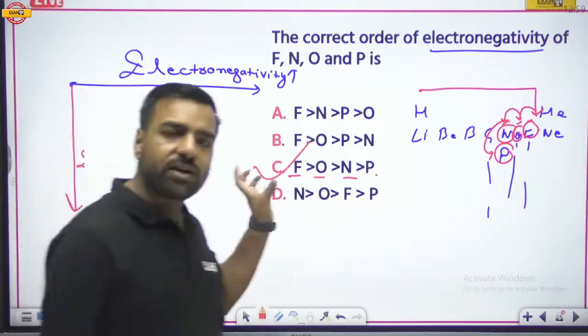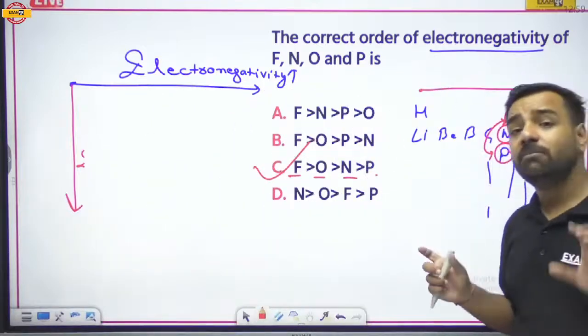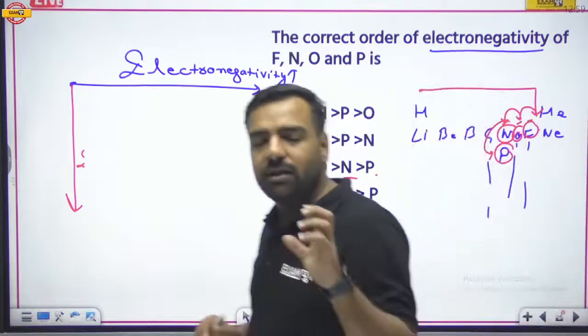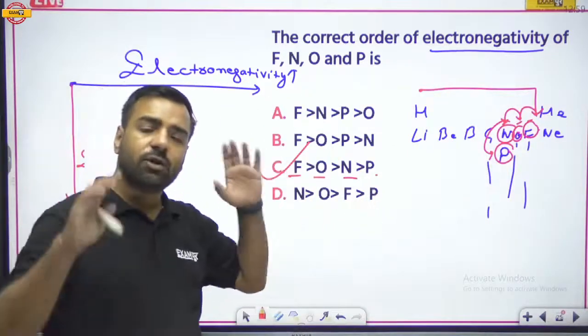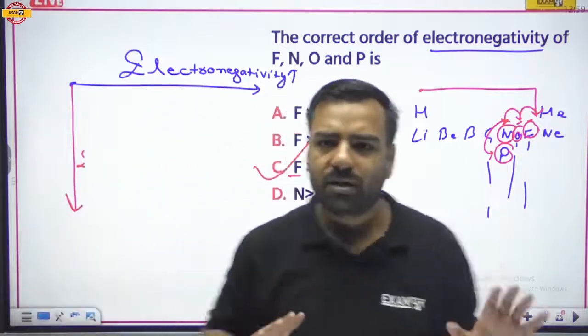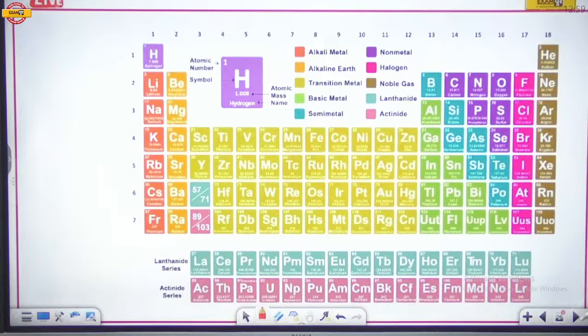Simple. So just try to understand the trend, and please remember at least the first 20, minimum 20, but if possible up to 30 atomic numbers, so that you can easily draw the periodic table and easily get the answers. Simple. Okay. So here we have option number C as the correct answer. Next